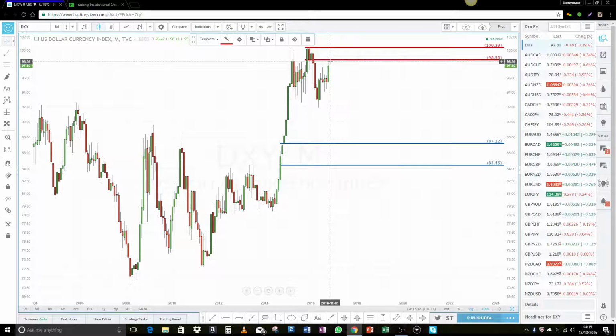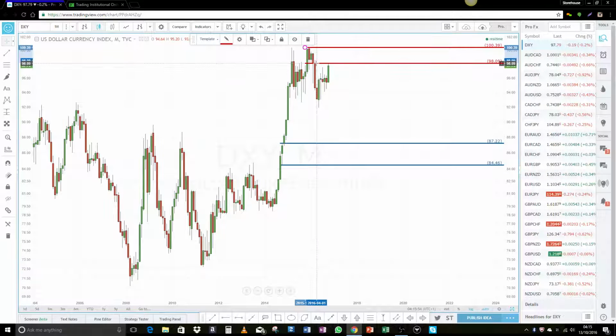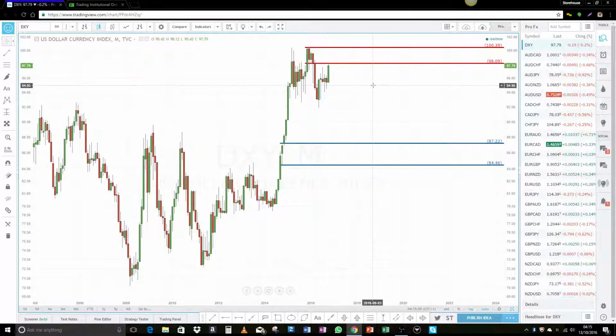We're obviously closer to supply than we are demand, and this will obviously cause issues for the other major currencies. In fact, this is the more accurate way. I think I would draw it like that. So we're really at supply now. It's interesting. We'll continue watching to see what the